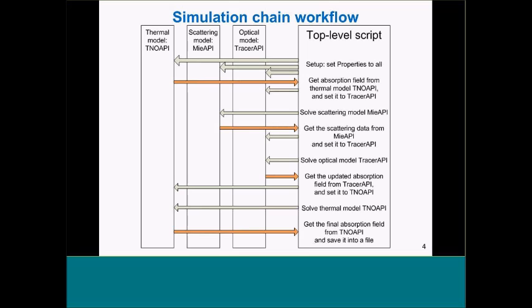Then we will get the scattering properties from the scattering model via get and set method and put them to the ray tracing optical model. After that, we do the corresponding solve step for the optical model,